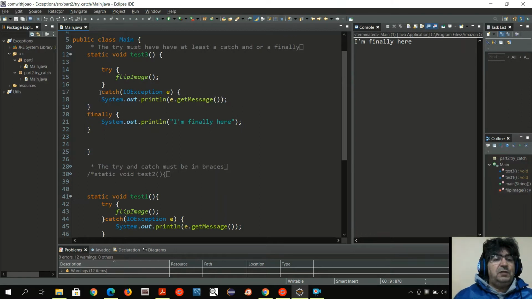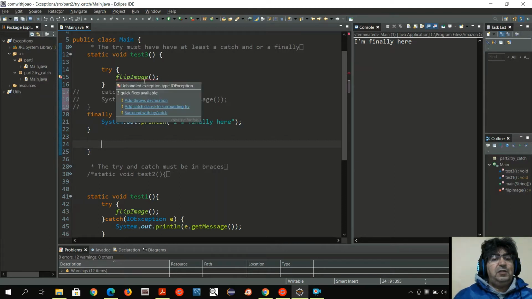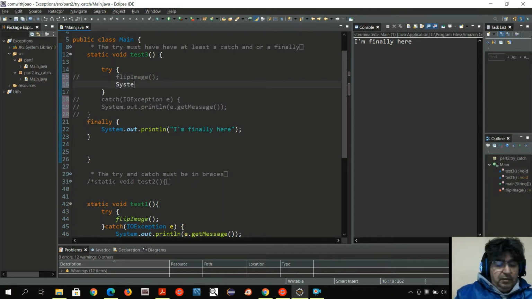What happens, and I showed you already the catch, what happens if you just got a finally and you don't have a catch? Let's see. Okay, now I've got a problem here because flip image is saying it needs an exception. It's catching exception, which is not happening here. It's throwing an exception, it's not being handled. So, and I said, but it's fine, the try is fine. Yeah, the try is fine, because if I did that, so I'm not calling anything, so the try could have something like